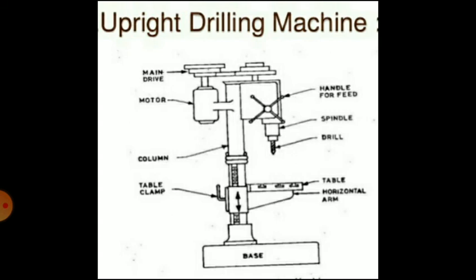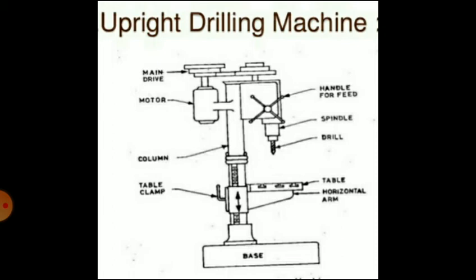In a box column section, it consists of the box column mounted on a base, an arm, then round table assembly and drill head assembly. Heavy box column gives the strength and rigidity to the machine. The table may be raised or lowered by an elevating screw. The arm and the table have three adjustments.